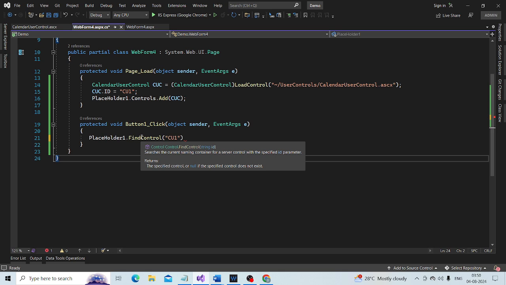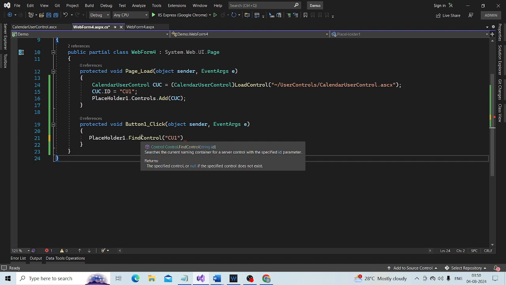Again, this method is going to return a control back. But what are we expecting back? We are expecting a calendar user control back.